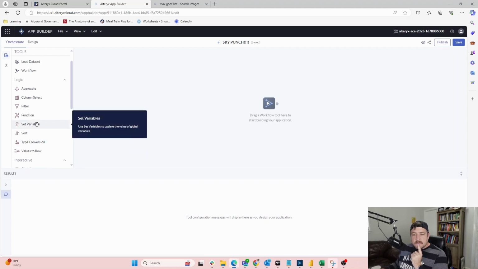I'm curious, use set variables to update the value of a global variable. Interesting. Global variables have been something that are, okay. So global variables are not fun in Designer. You have to like,